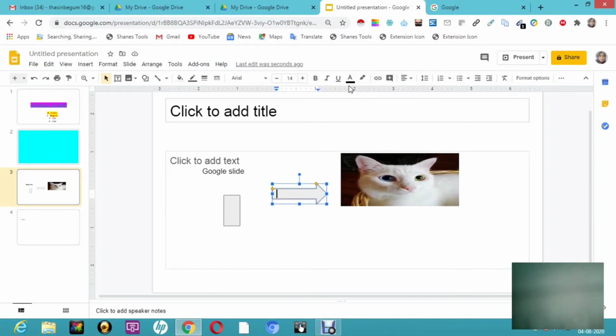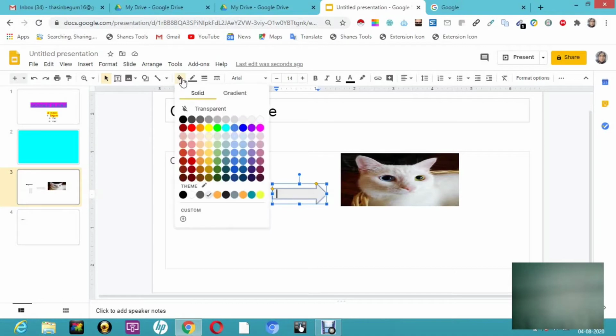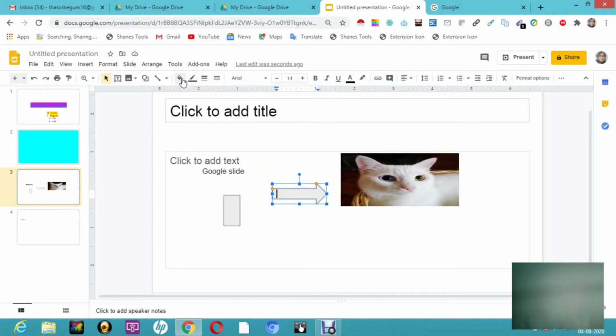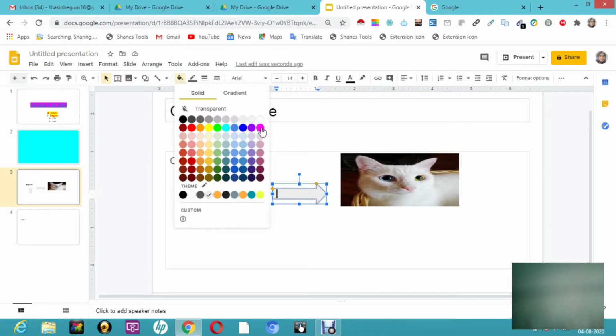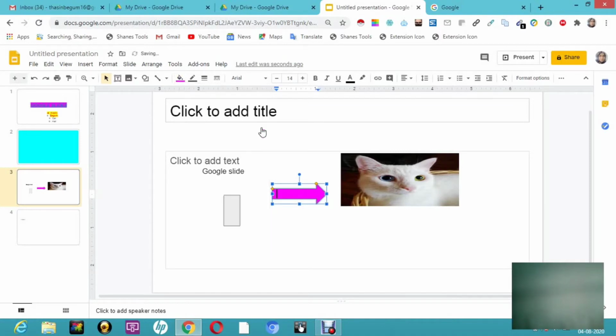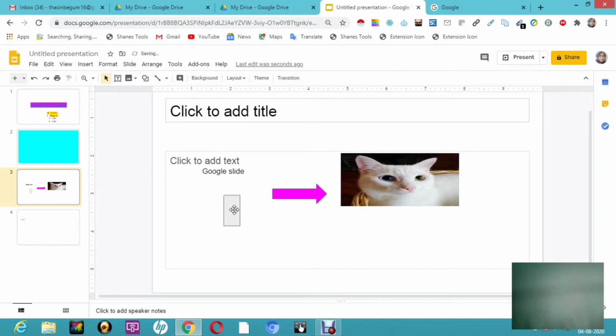Just select this and you can also fill color. Here we can see we have fill color. So even I can fill in some colors. So here you can see, even you can fill colors, and if you want to draw a diagrammatic representation